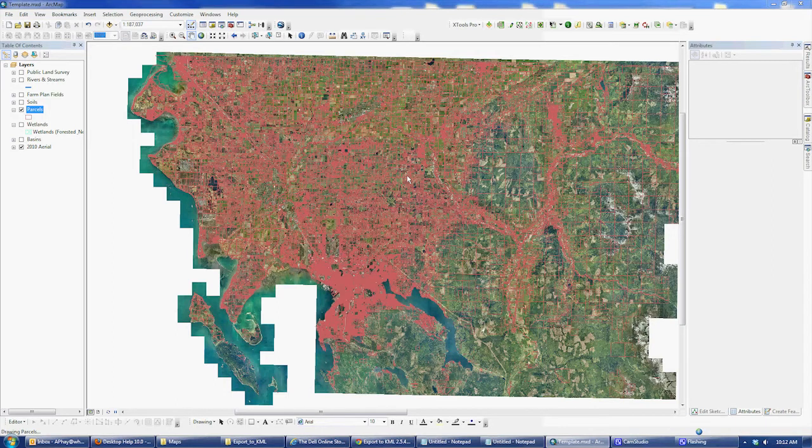We're going to use parcels as the example here. You could also do soils, farm plan fields, rivers, streams, all that. You may have to break them down, as Jay had to do. They have 600,000 parcels. We only have 120. What we did for ours was we did the entire township, which was just a horizontal strip all the way through, and that was actually small enough to bring into